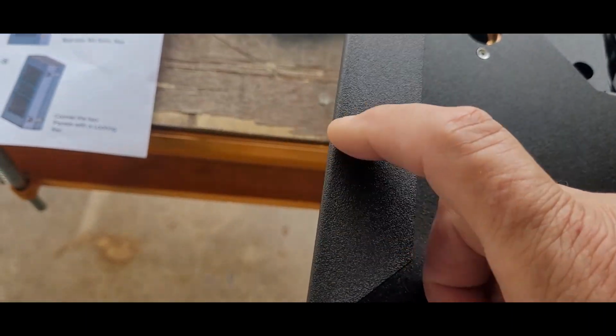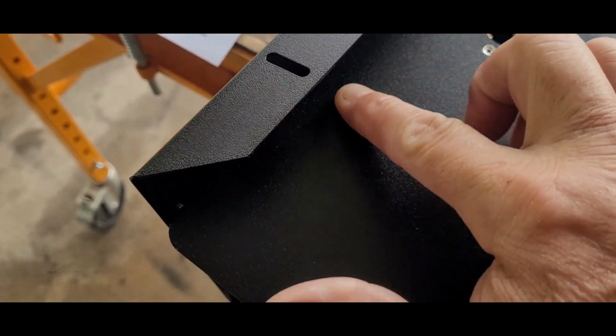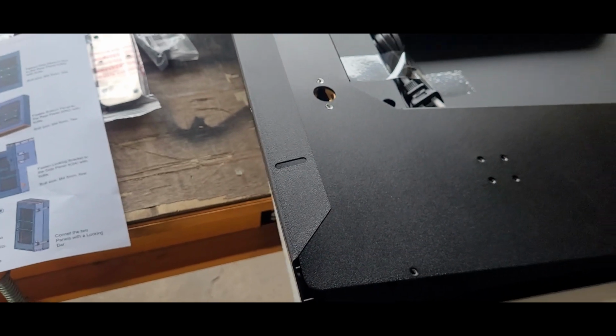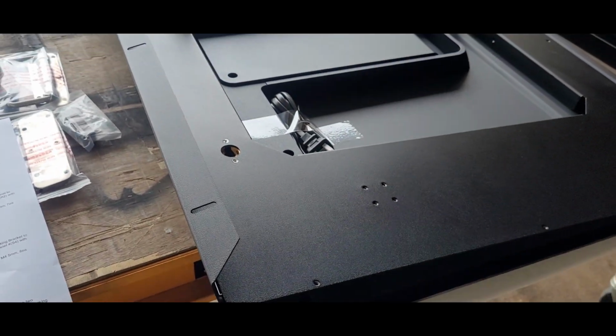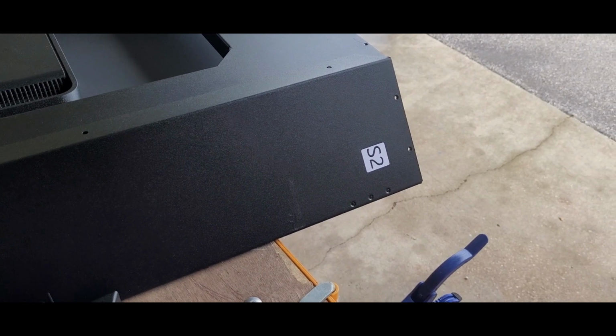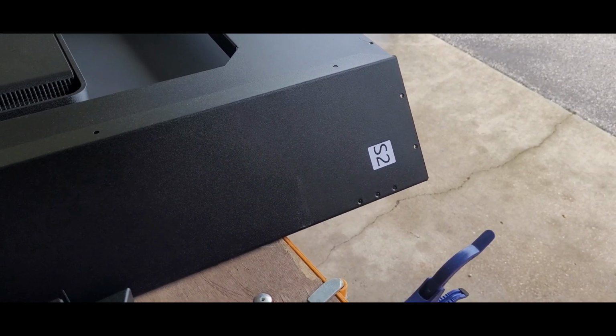They go attached through here, and there's pre-drilled holes somewhere in here. Just got to line it up, and again, don't tighten them all the way. You'll do the final adjustments and tightening at the end. All right, the next step, you basically repeat the same process, but you're going to install the opposite side panel